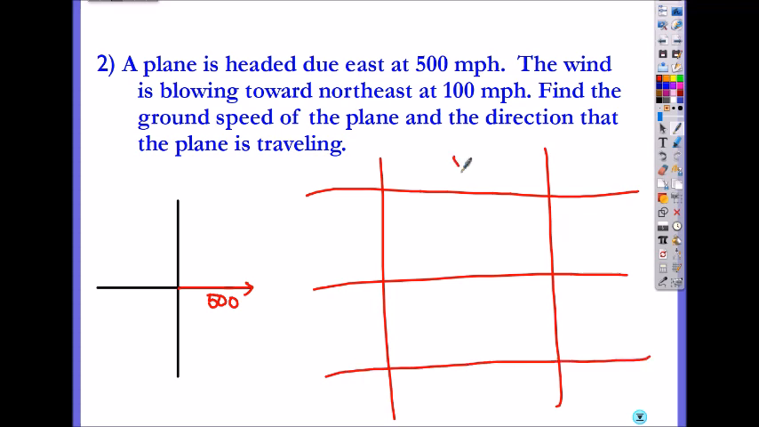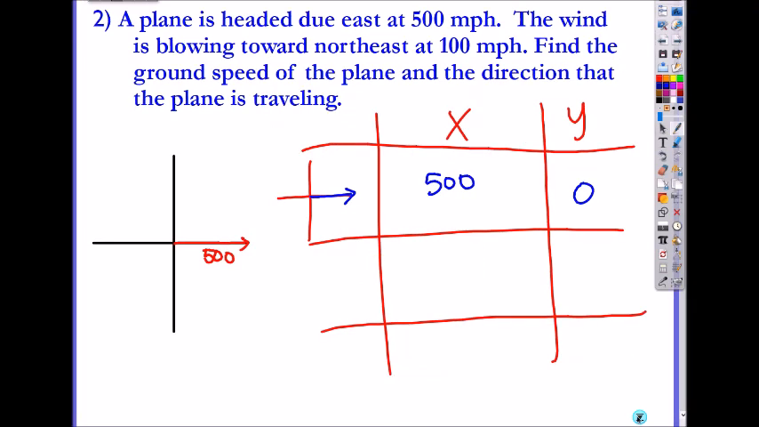So here's my x and y, and my first vector looks like this. Without plugging into sine and cosine, I already know my x is 500 and y is 0. But would they always give you one this easy? No, but this is our first question. That's why I put an easy one. The second one,